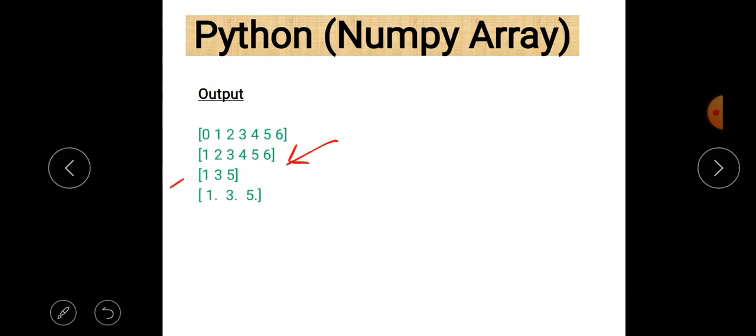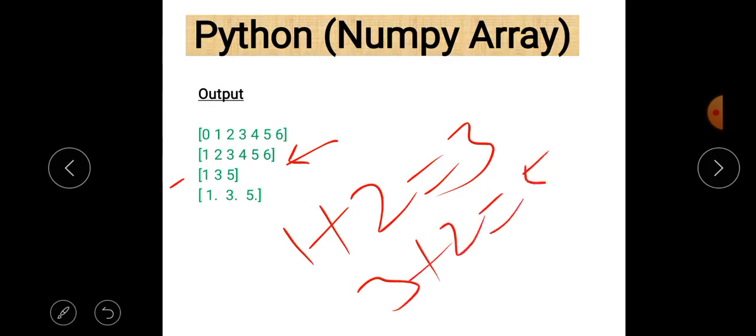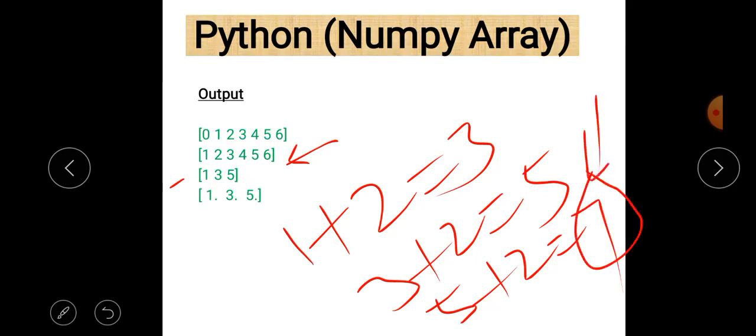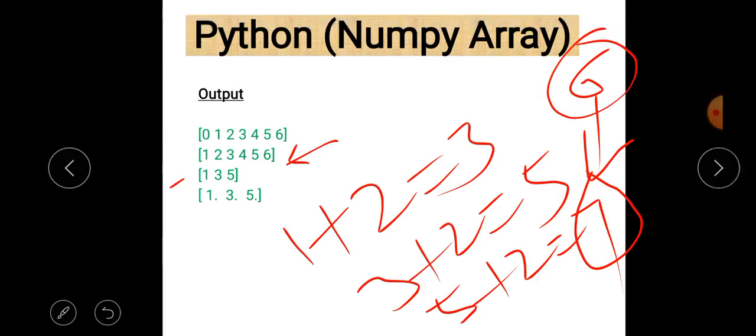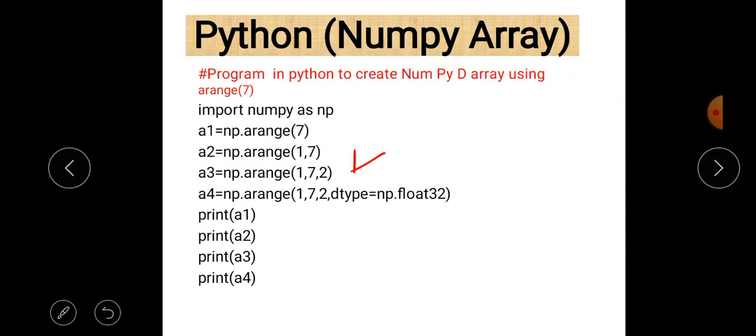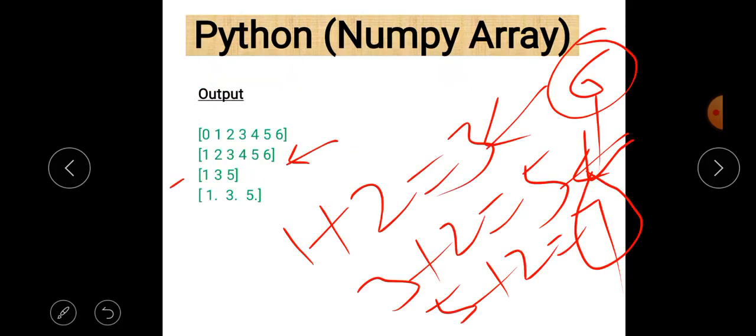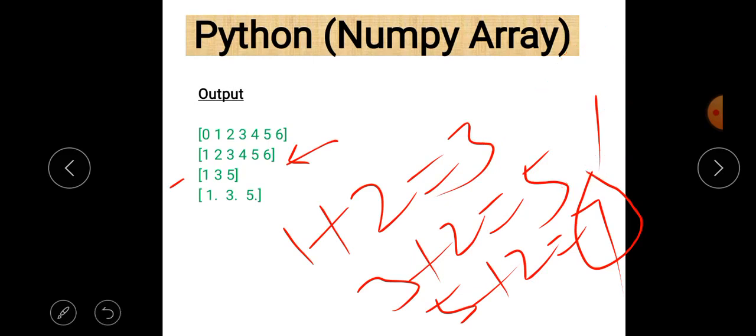Counting starts from 1, then 1 plus 2 we get 3, so 3 will be printed, then 3 plus 2, 5 will be printed. 5 plus 2, 7 will not be printed at all, because the maximum last value is up to 6. The stop value is not part of the output of this arange function. So only 3 values are printed: 1, 3 and 5.